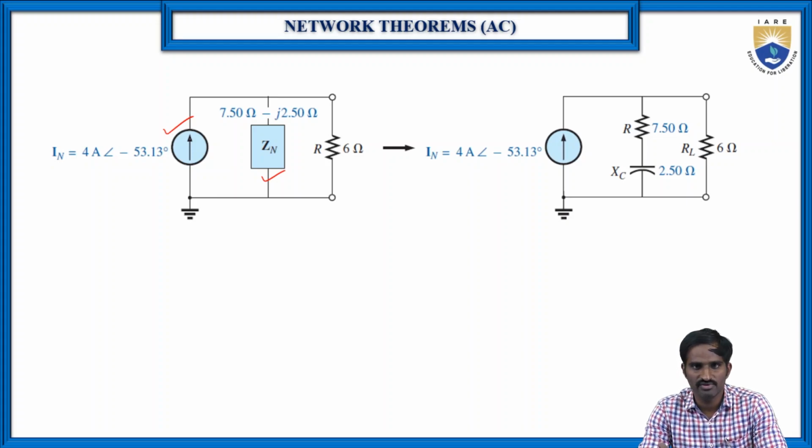So in Norton's and Thevenin's theorem, the common point is that we need to convert the total circuit into the Thevenin's equivalent circuit, and here also we should convert the total circuit into Norton's equivalent circuit. The difference between the Norton's equivalent circuit and Thevenin's equivalent circuit is that in the Thevenin's equivalent circuit we have V Thevenin's and Z Thevenin's as well as the load,